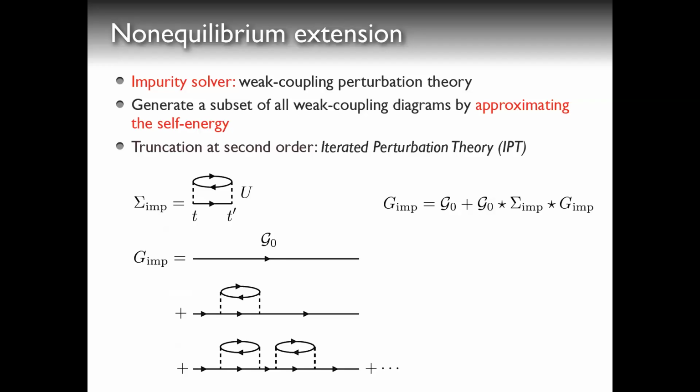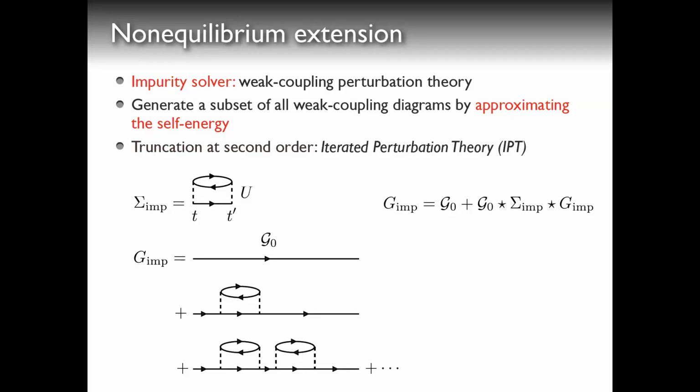Often it is desirable to go to longer times at not so heavy computational cost. So what one can do is, for example, weak coupling perturbation theory, where we approximate the impurity self-energy, for example, by a second-order diagram, as shown in this figure on the top. And then we plug this self-energy into an impurity model Dyson equation to generate a subset of weak coupling diagrams for the impurity Green's function. And this set of diagrams just contains all of these second-order self-energy insertions. So that's the bare second-order